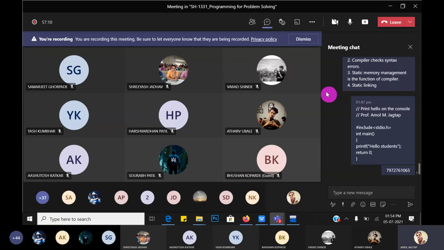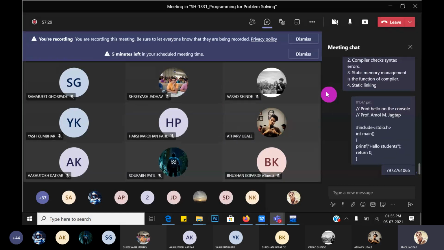Also, one more thing, CR, you can send your mobile number to me on WhatsApp. Write CR of A division. I will include it in my list also. Because I am taking feedback from you after 1 or 2 weeks, only 10 seconds, whether you like the lectures or we want to improve in other ways. And if you have any doubts, anytime you can call me and ask your doubts.